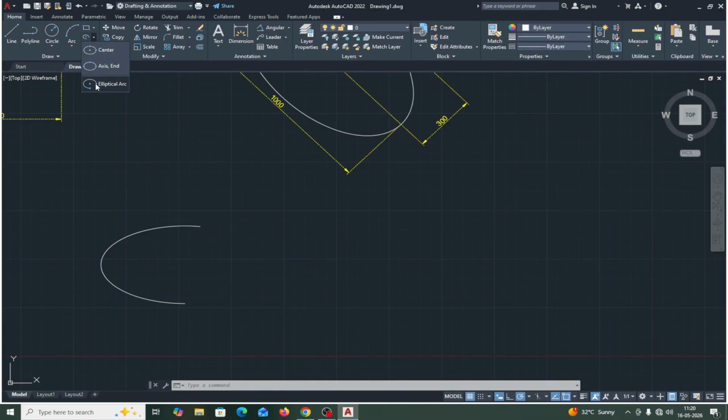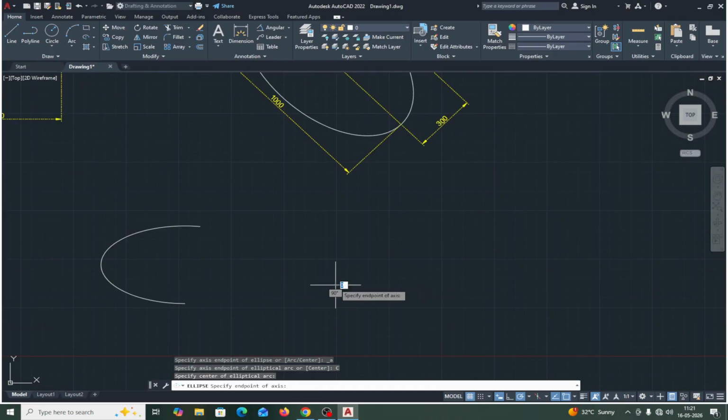When you use any command, it will come on the top. You will see, because elliptical arc and at the serial number is 3. But when you use any command, you will come on the top. You will see here. This is the elliptical arc. Okay, then there is no need to go inside. You click here, center ellipse. Suppose this you can use both option, axis end option and center. Suppose I use this option. You can directly go in the axis end option. If you want to select this option, you can click here, select option, center, this one,